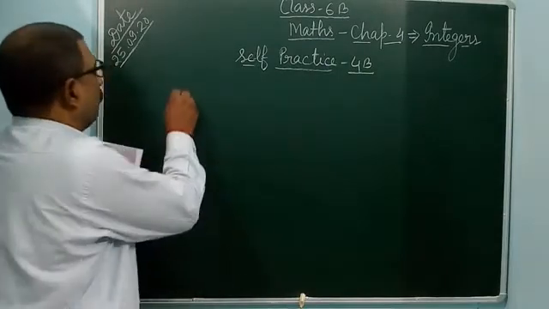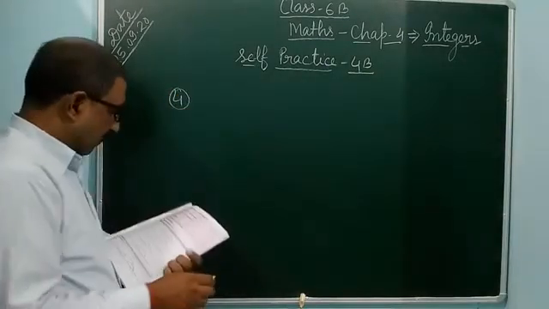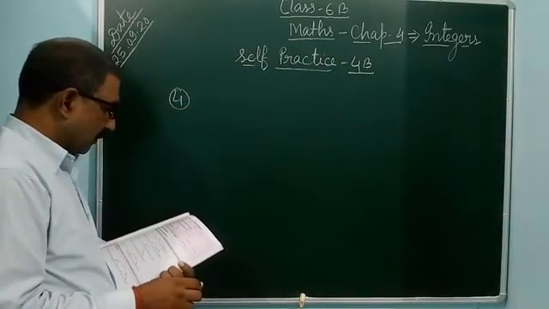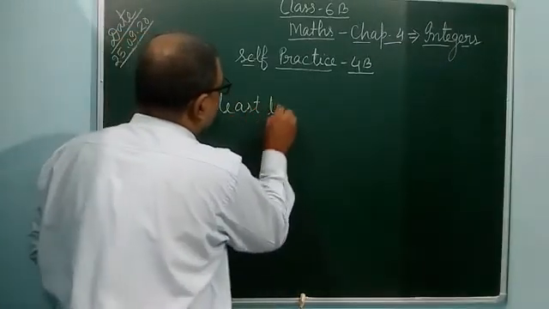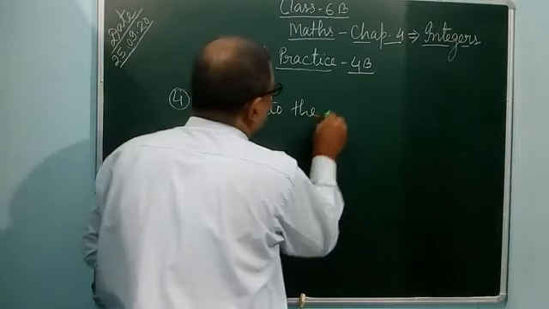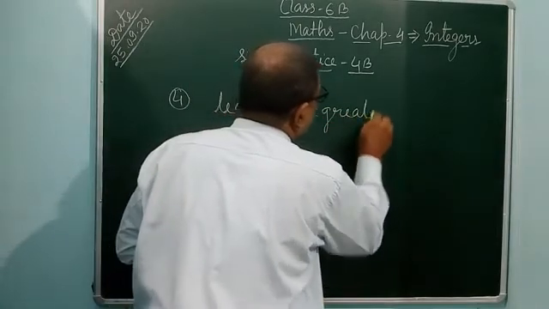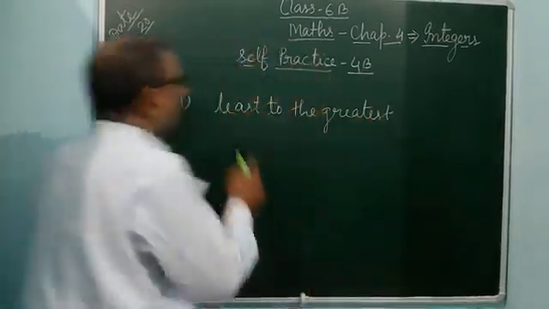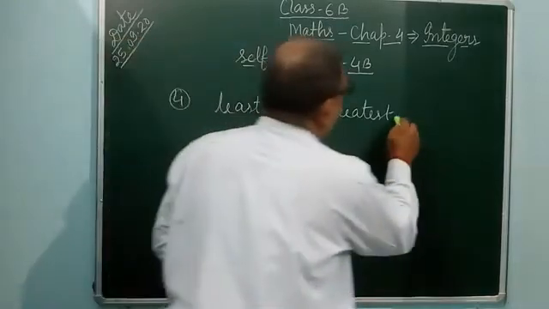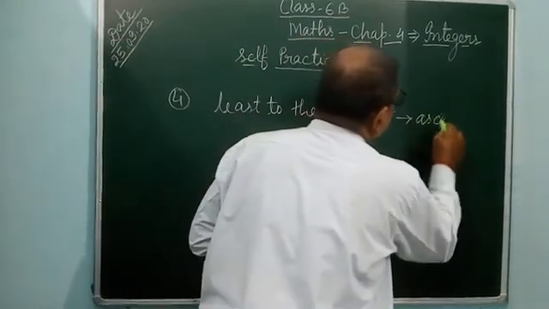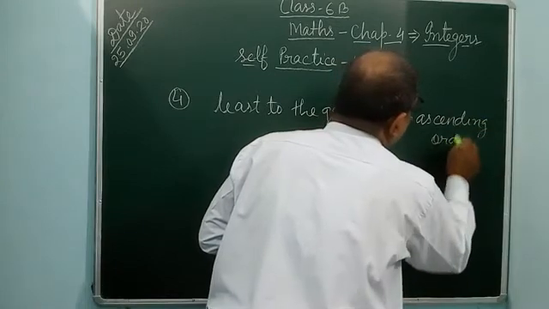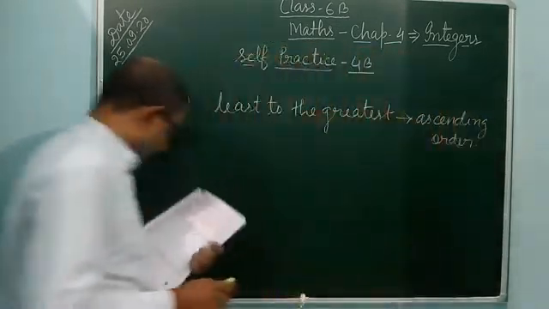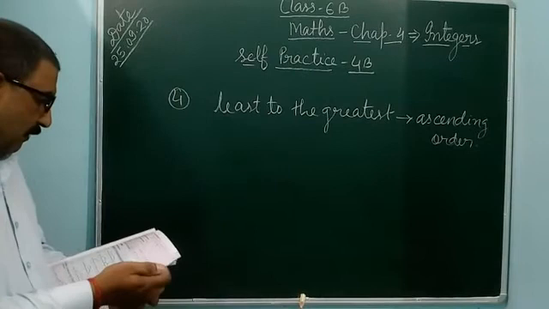So question 4. You can order the numbers from least to greatest. Least to greatest means ascending order. It means ascending order of the numbers. How can you do it? As first given,